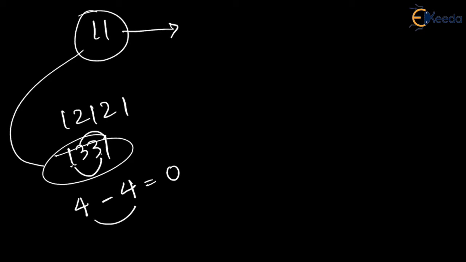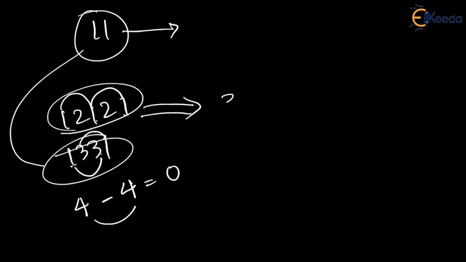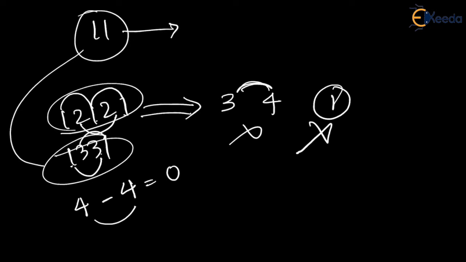Try solving some other example. So if you observe this, take the alternate digits. 1, 1 and 1 is 3. 2 and 2 is 4. The difference is 1. The difference should not be 1. The difference has to be either 0 or a multiple of 11, and hence this number is not divisible by 11. Let us take a few more examples.